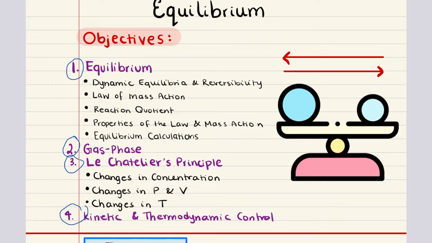Finally, our last objective is titled kinetic and thermodynamic control. In this final objective, we will identify the conditions that will cause a reaction to favor the kinetic or the thermodynamic product. In addition, we will cover how to distinguish between a kinetic and a thermodynamic pathway on a reaction coordinate diagram. To begin this chapter, I want to remind you the distinction between kinetics, which we covered last chapter,